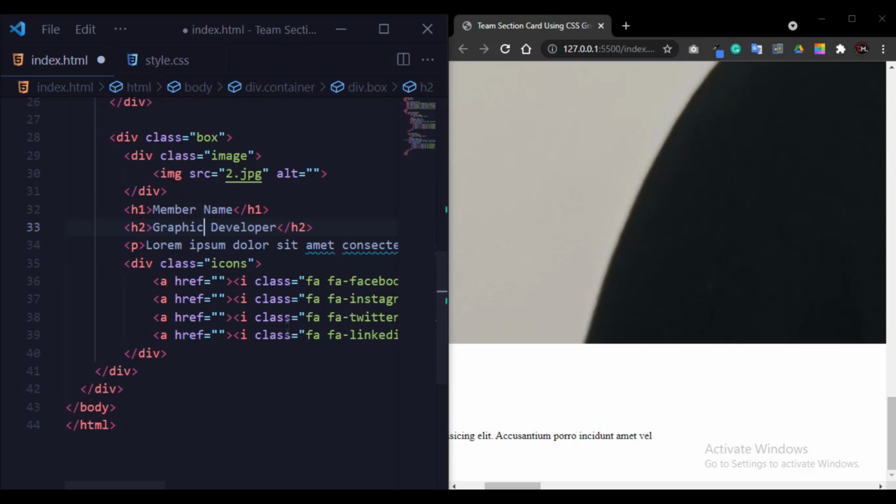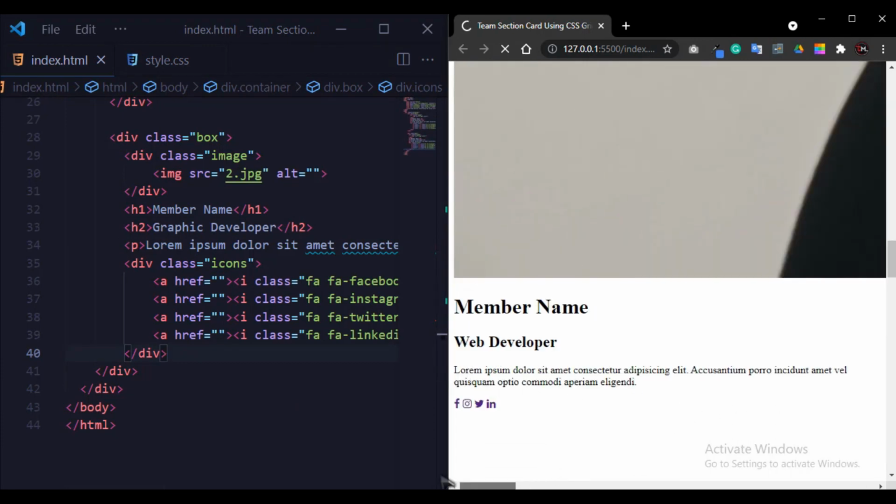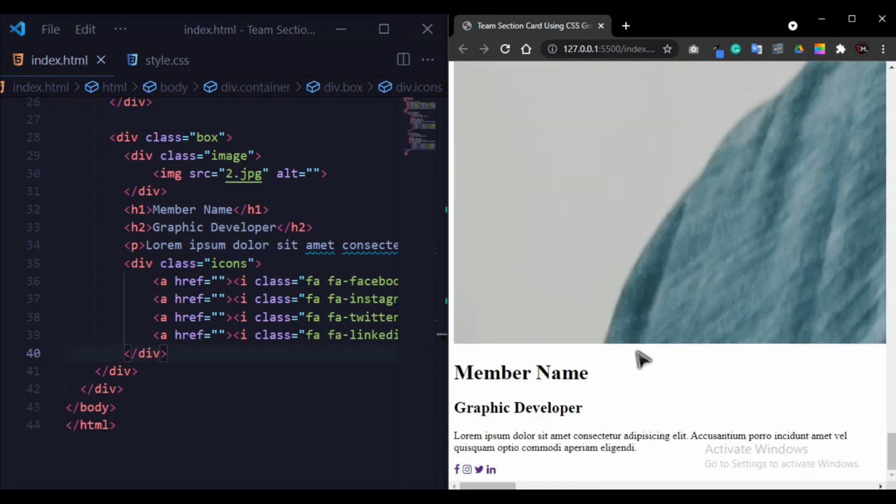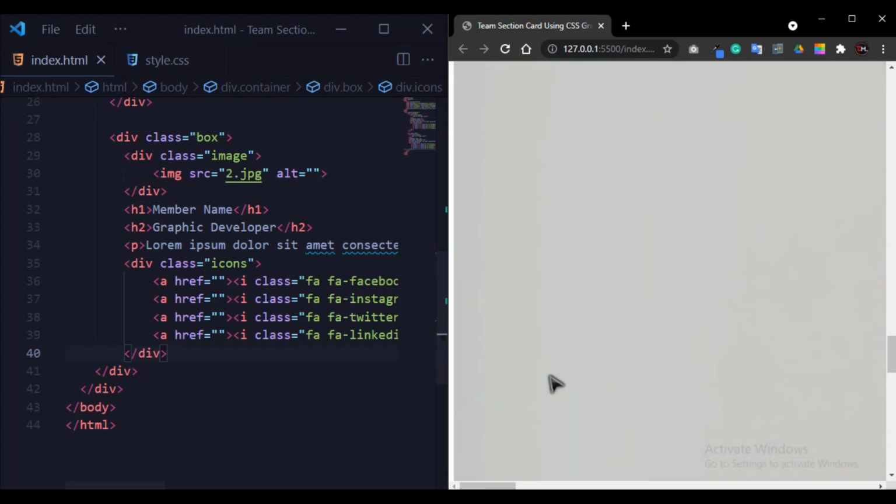The text is the same and the icons and links are the same. So just save it. First here is the image, after this all these things. Now the HTML code is complete, and I think you can easily understand the HTML code. It is very simple, not so difficult.